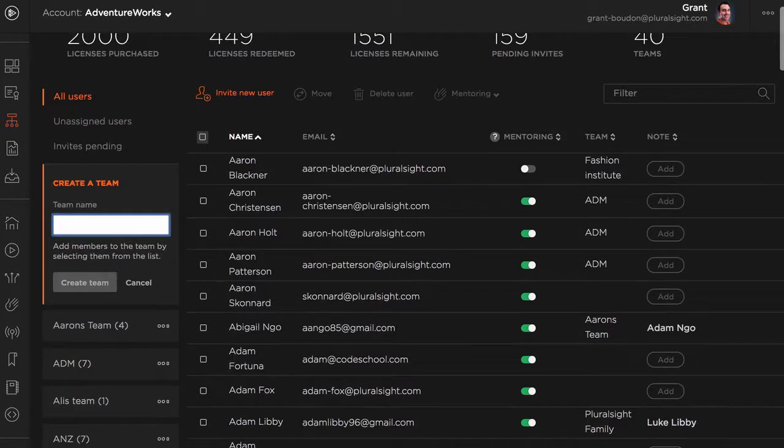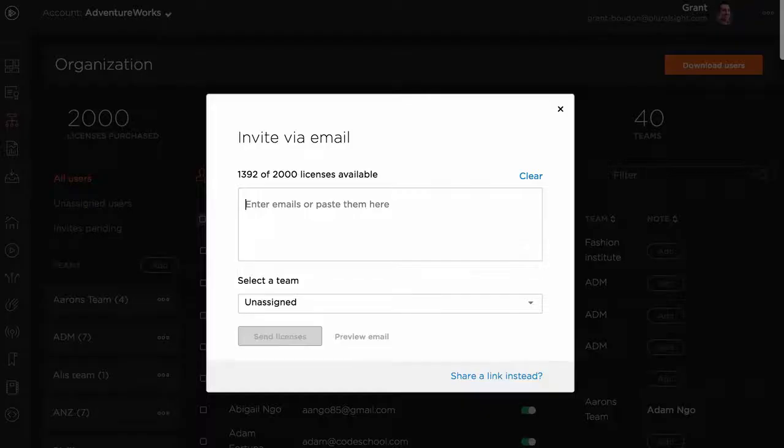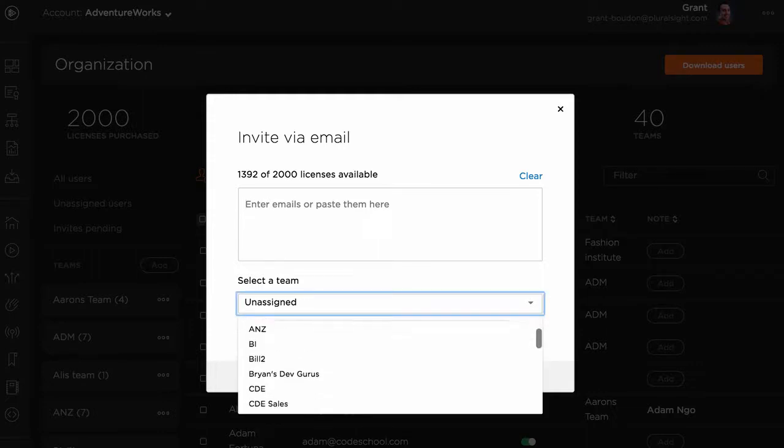You can do that. After creating those teams, then let's think about inviting new users. Now you'll have some options here as well. You can copy and paste from a CSV and paste it right in here. And now it's good if we've already created those teams, we can assign them to a team as they come in. Now if we hadn't created a team, we'd have to do that later, and that's possible too. Just think about the structure of your account or the different teams you want to have.